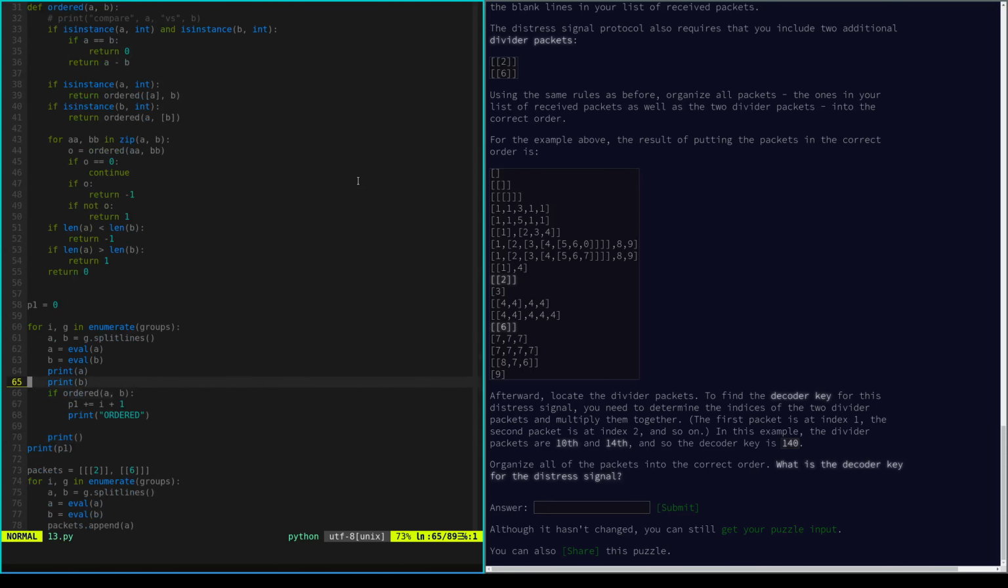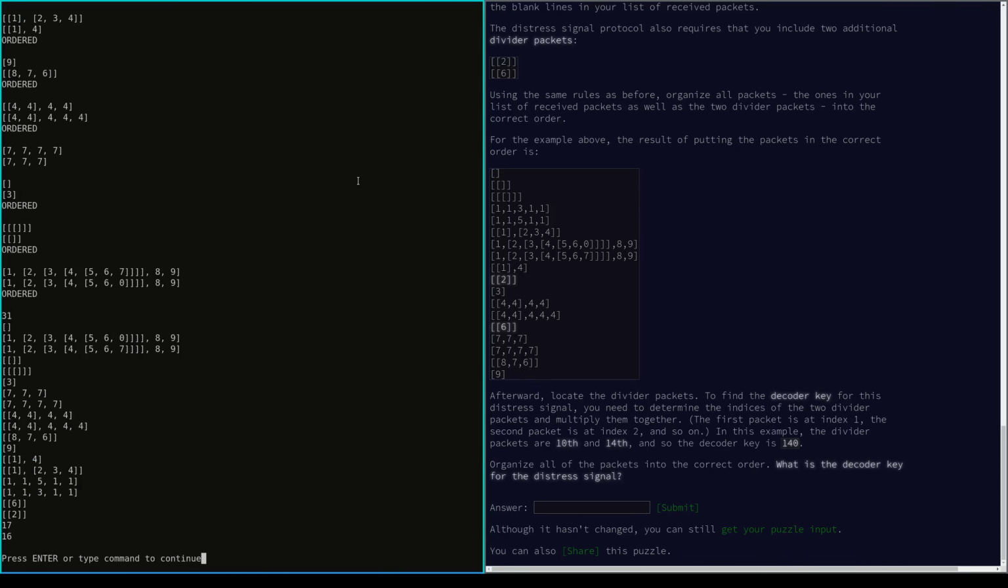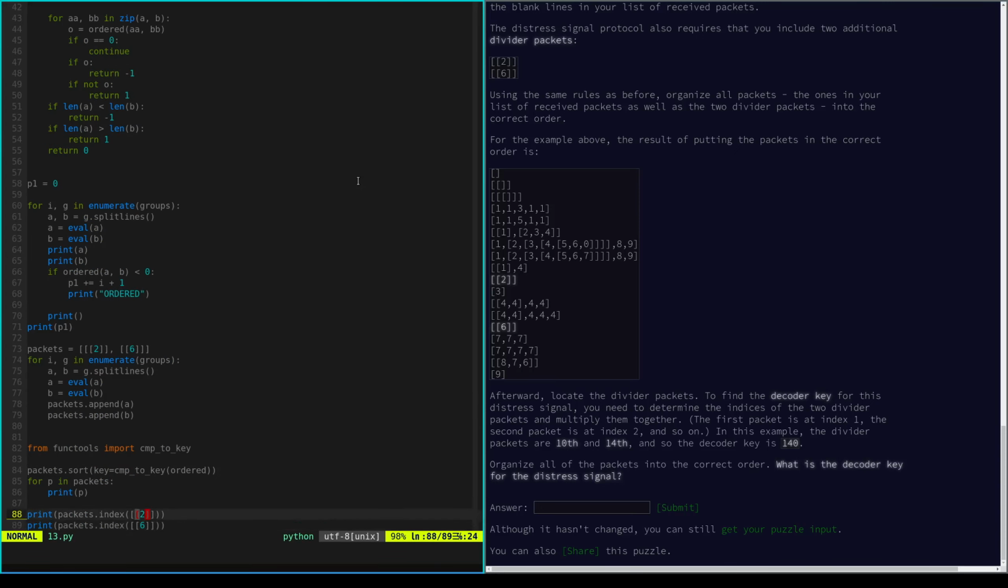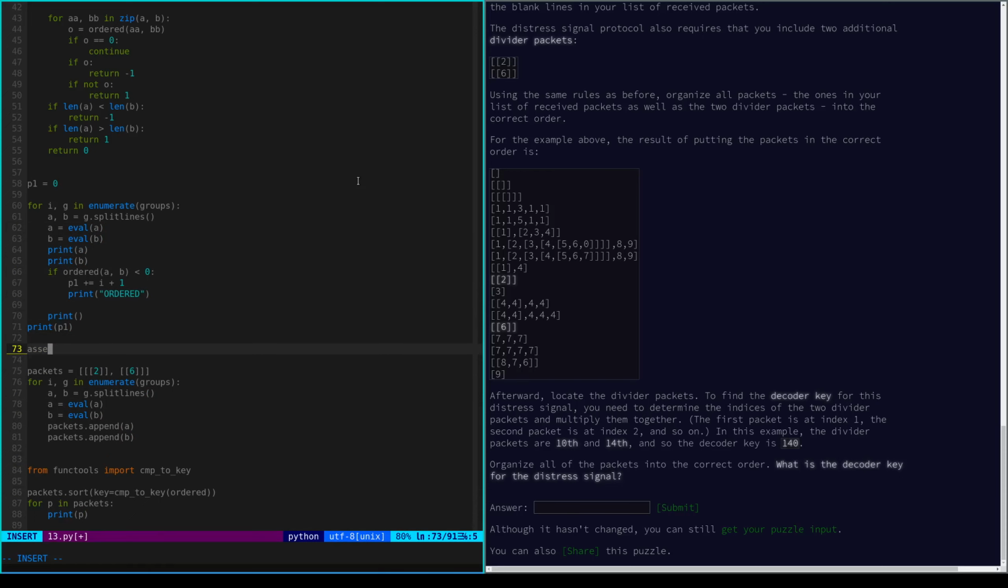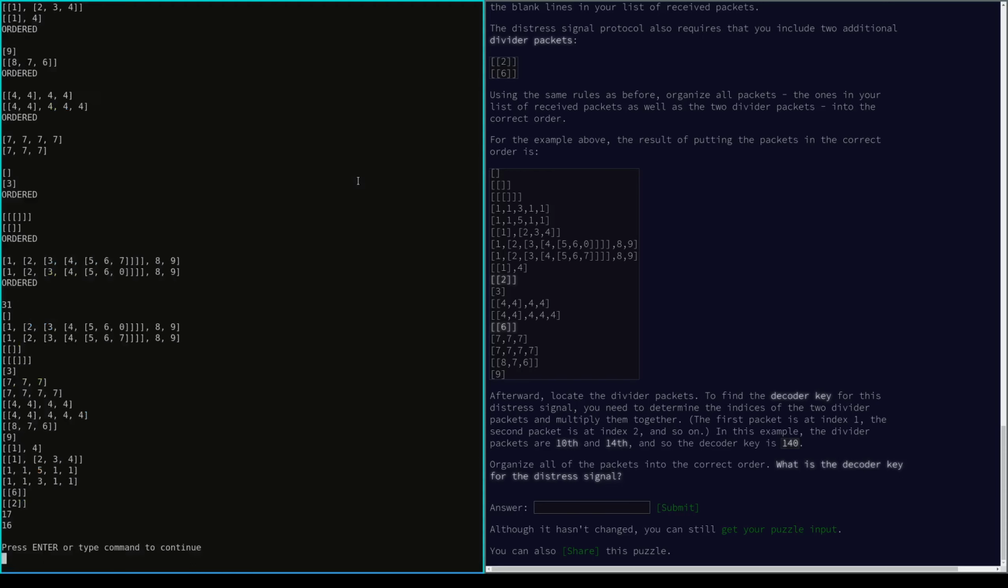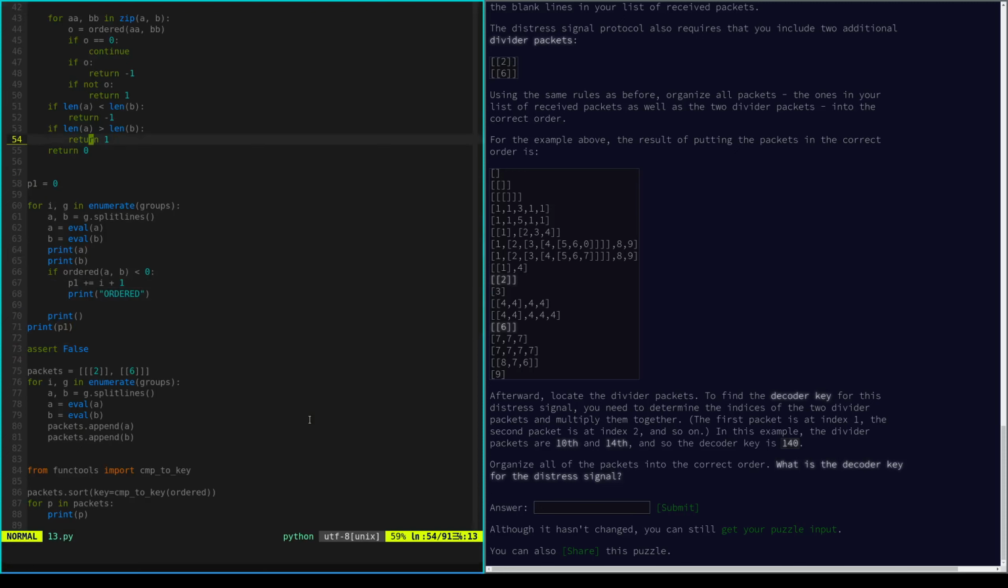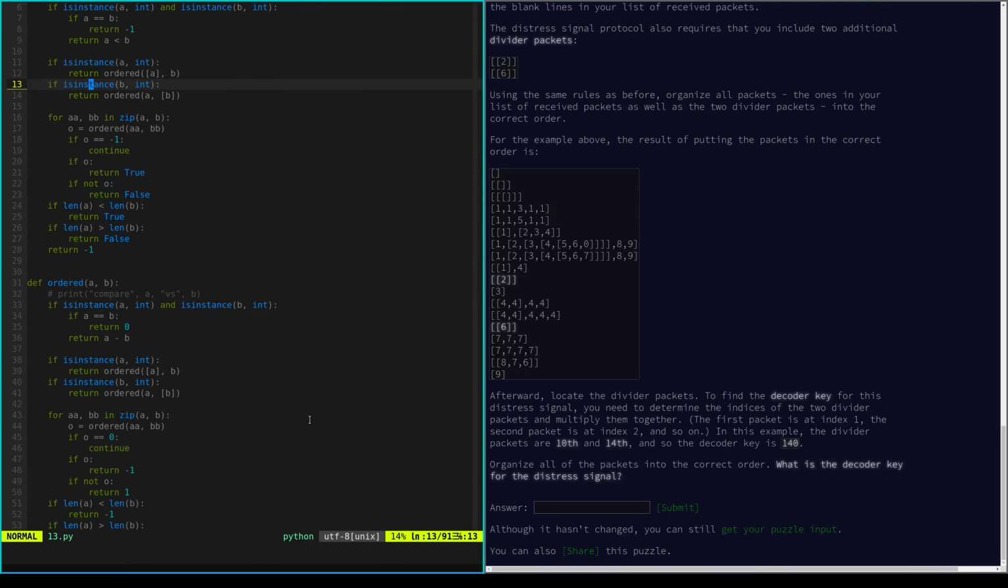and instead of if ordered less than 0 for the example, let's assert false. So here 31. So we didn't get this order function right. Okay, so this order function is 0